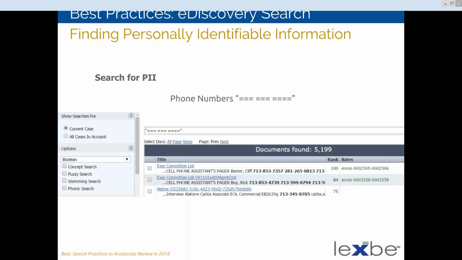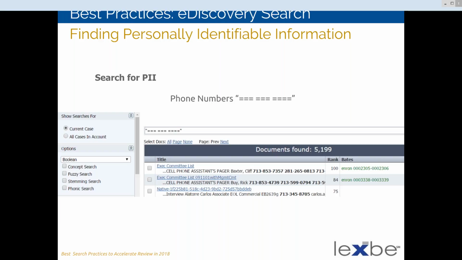Here's an example looking for phone numbers: area code, first 3 digits, last 4. If you do that in the sequence 334, you're going to see anything that's listed in a numerical sense that follows the 334. This could also be used for account numbers, anything that you think may need to be redacted, or something that